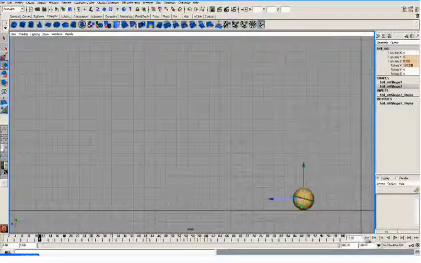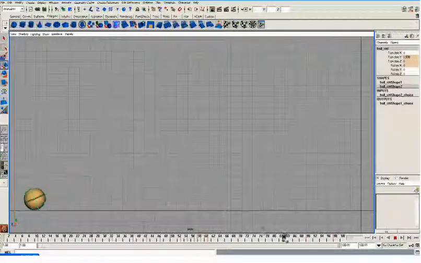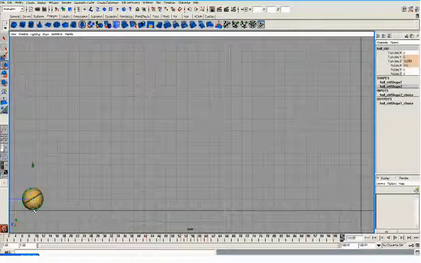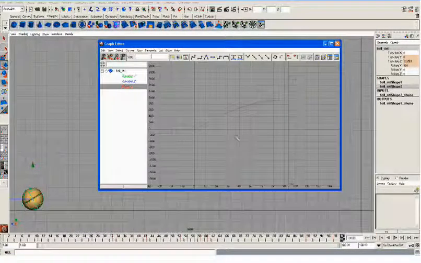Okay, but in the end, as we have already seen, after this rotation it's also settling down. We want some settle for this, so let's give a settle. How will you give a settle?